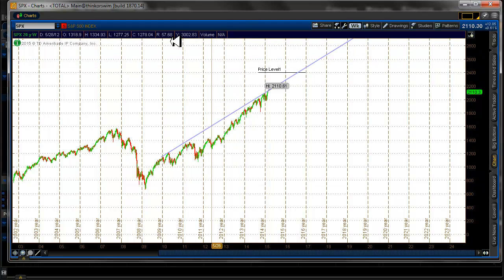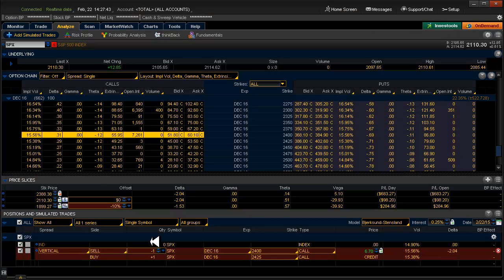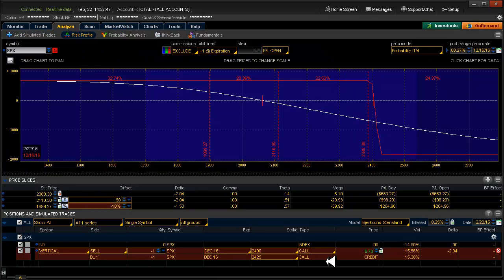And if we have a correction, let's take a look at what will happen if we have a correction. Say we get that 20% correction. Let's go to the risk profile. Here's the risk profile. We get a 20% correction. What is a 20% correction from today's high? Well, that brings us actually down to